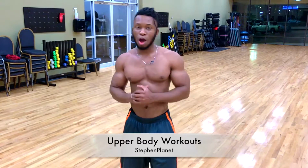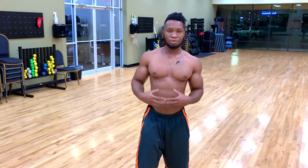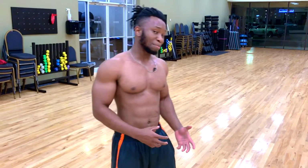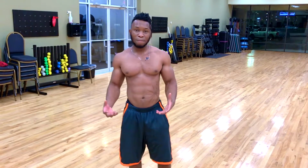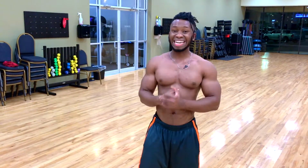This week we're gonna do an upper body workout that's gonna add upper body strength, gonna add cardio, and you're gonna add abs. Remember last week I said you don't have to do an ab workout to get abs. So this week I'm doing upper body. I'm not just focusing on abs, I'm doing the full upper body workout you're gonna need to start